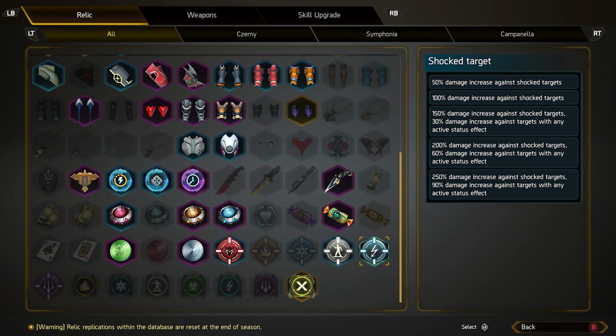For example, this one right here, if I was playing as lightning, when I do a move that's going to shock them, say for example it lasted 10 seconds, during those 10 seconds, whilst I'm hitting them with the other damage, it's going to be boosted by whatever it says on the right. So the first one's going to give me 50% damage increase against shock targets, then 100, then 150%